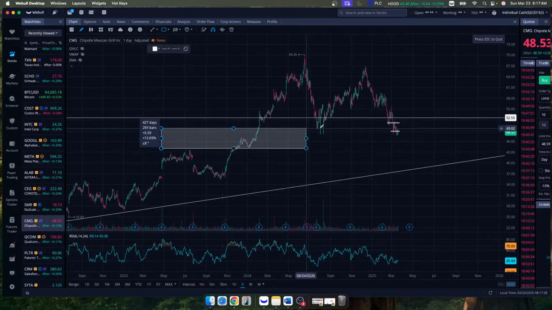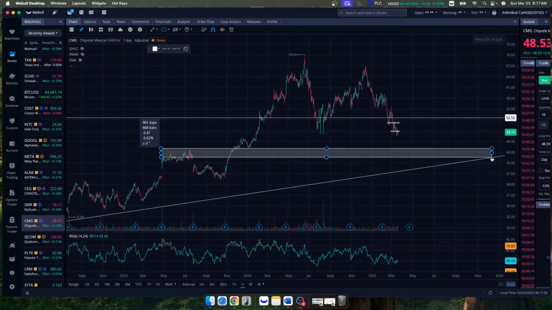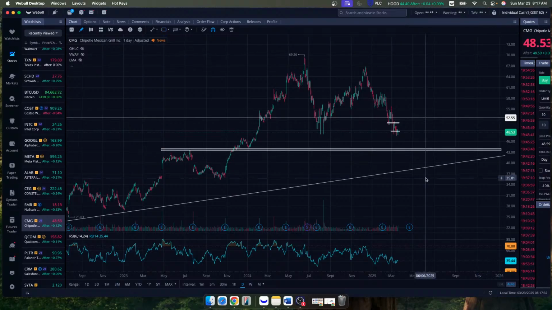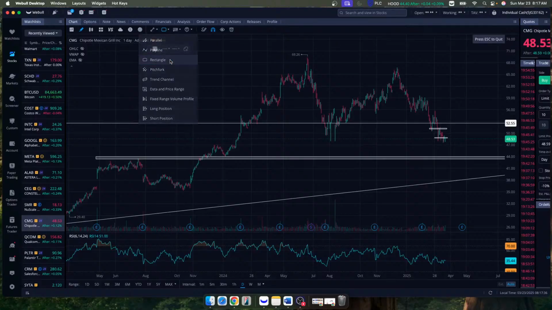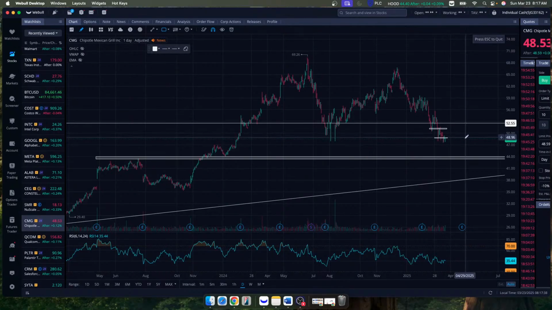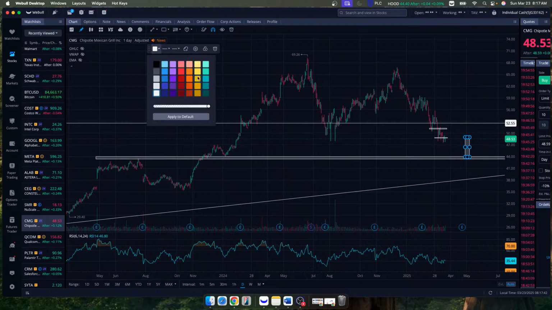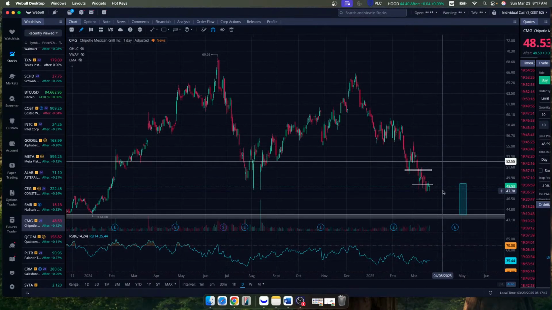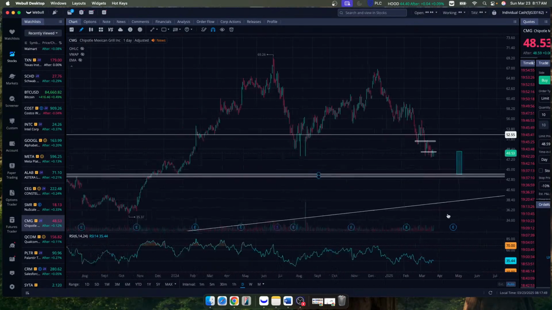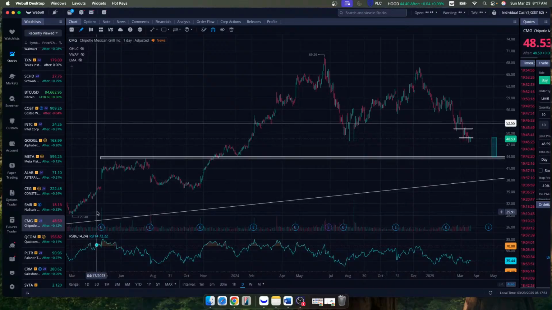I think 44 would be more realistic because you've got to look for the gap fill. The gap fill is going to be this zone. If we break $48 here, you are going to have this gap fill. I'm going to make this a different color. You're going to have this gap fill right here. If it breaks 47, it's probably going to slide down to $45, $46. Look right here, this is your level, 43 to 44. That would be more realistic for a first retouch.